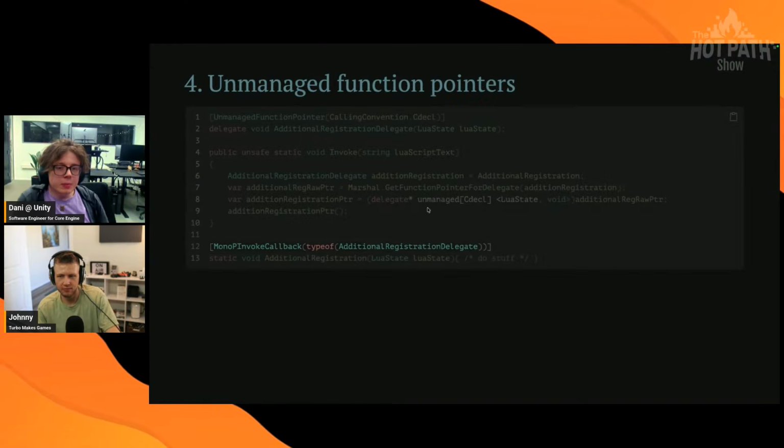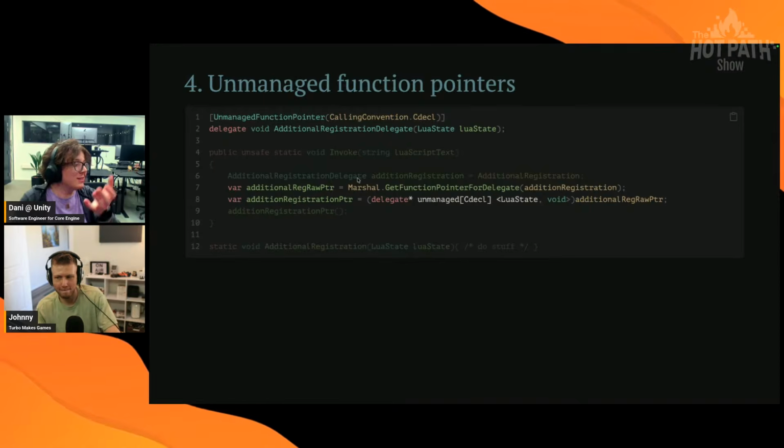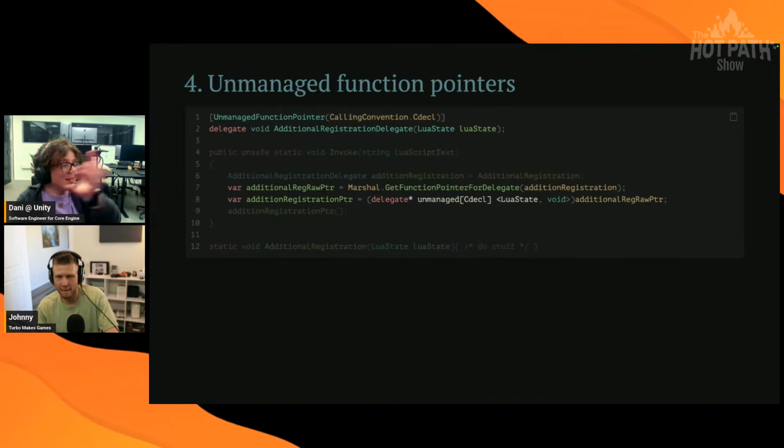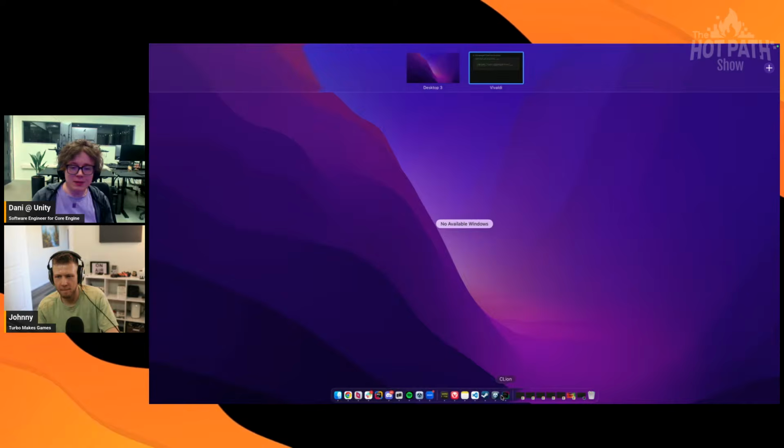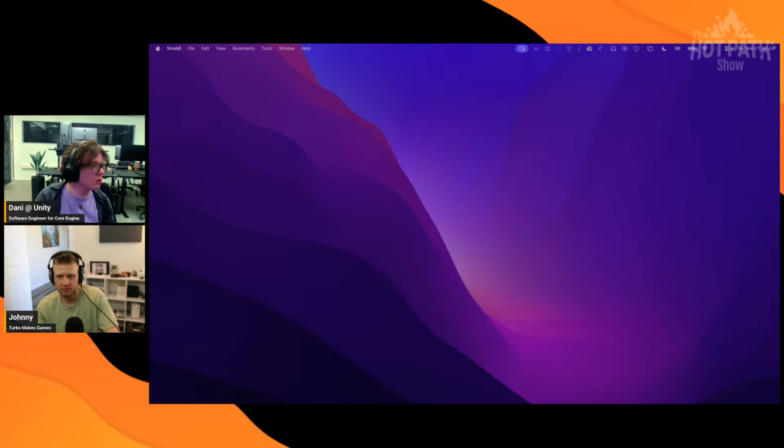But the basic gist is you can pass a function pointer down to C, and then I can call it from C. And if I then actually go into some piece of C code that does that,